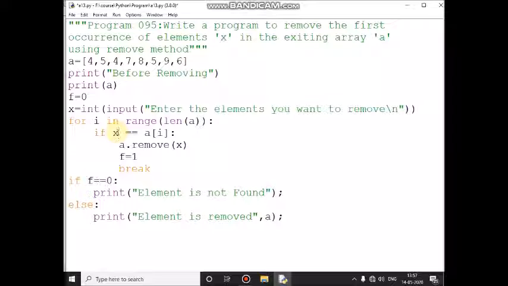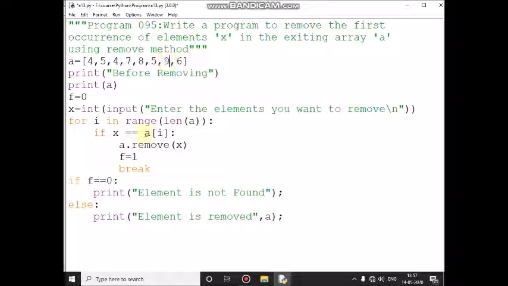If x value 55 equal to A of fifth location value 5, condition is false, so again control comes here and it will increment, I value becomes 6. 6 less than 8, condition is true.